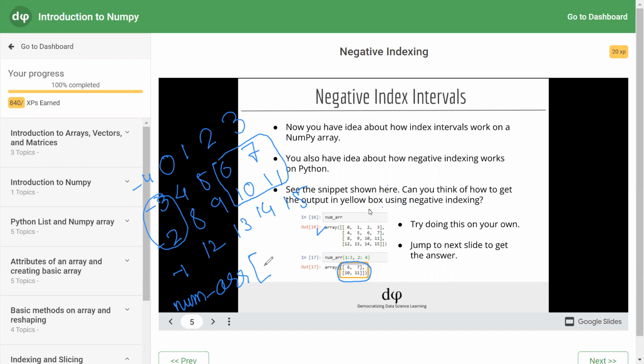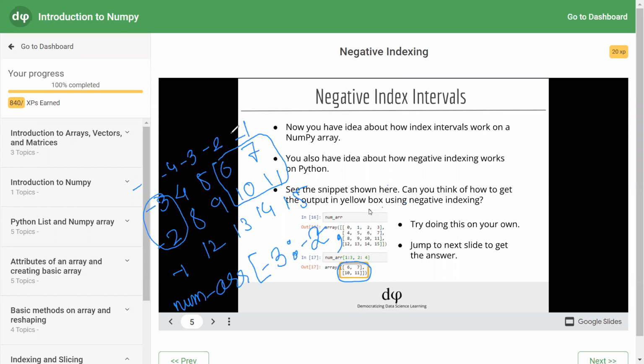The interval would start from -3. Where will it run till? It will run till -2, comma. Which columns do you want? Here, the column indexing. Column indexing will be this is -1, this will be -2, this will be -3, -4, starting from the last column till the first.